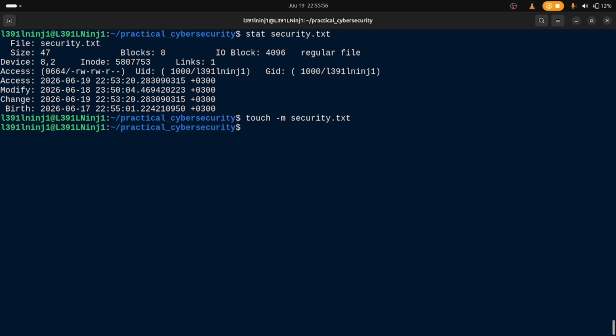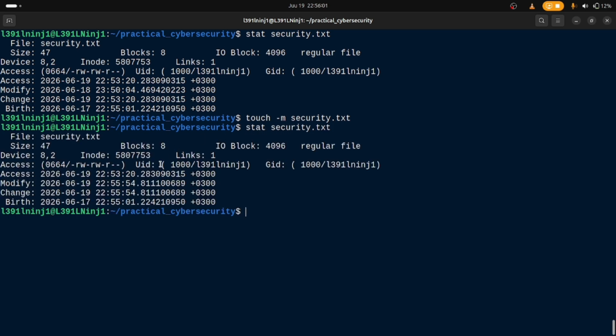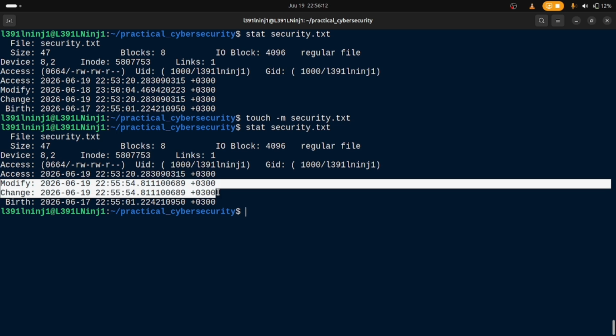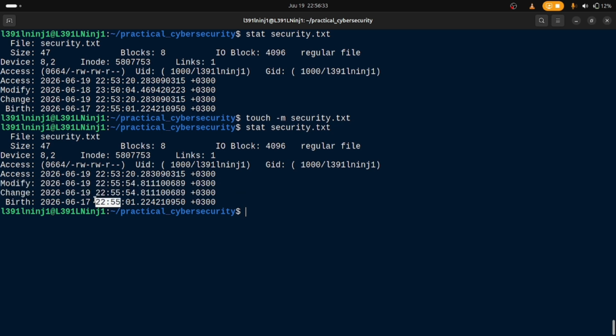After pressing enter, we again say stat security.txt to see if it has changed, and as you can see, since modify and change are almost the same, it changed for both of these and they have the same time. But the creation time of this file does not change, it remains, because we have not changed it,